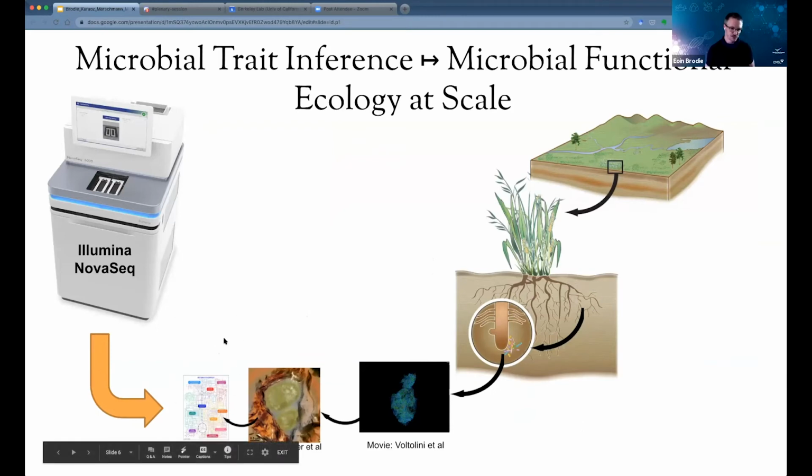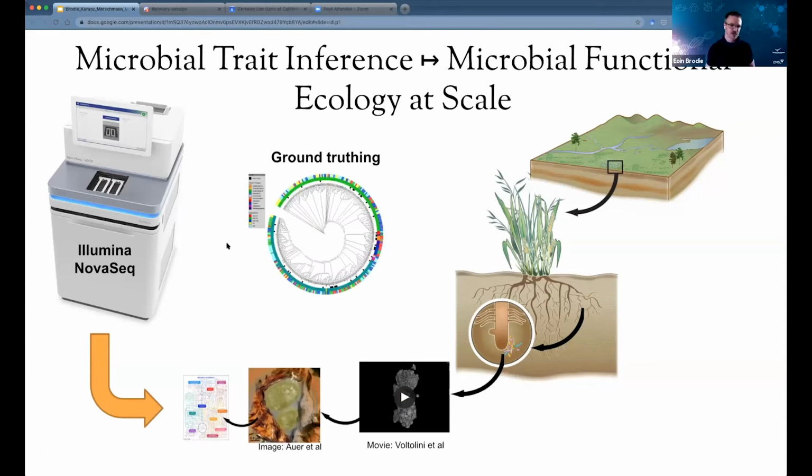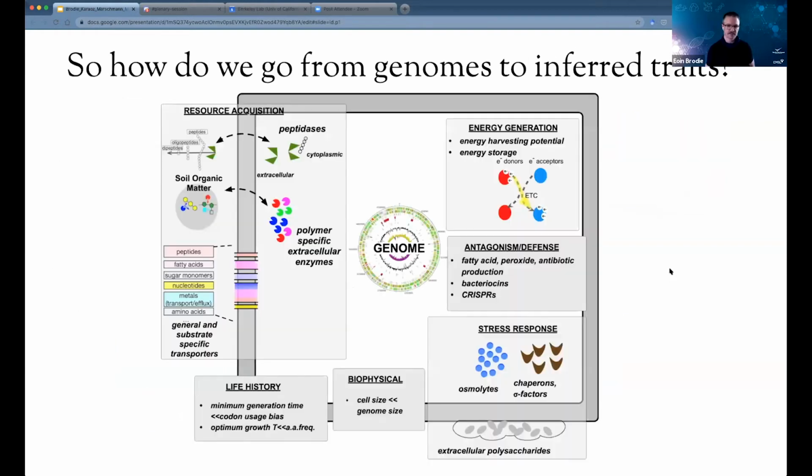So our genome prediction gives us the guts of the organism and maybe some biophysical traits. But then as those organisms start to interact in a three-dimensional matrix under the influence of other trophic levels like plant roots, in the context of changing hydrology in the landscape, we need to be able to consider how all of these factors contribute to the regulation of the fitness of the organism at this scale. And just like for vegetation ecology and field campaigns, this requires ground truthing. And in our case here, the ground truthing comes primarily in the case of genomes that we have isolated. Okay, so how do we go from genomes to inferred traits? I'm going to hand over to Ulas Karaoz to give us a primer on how we go about this.